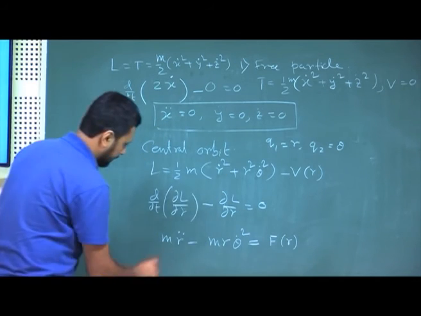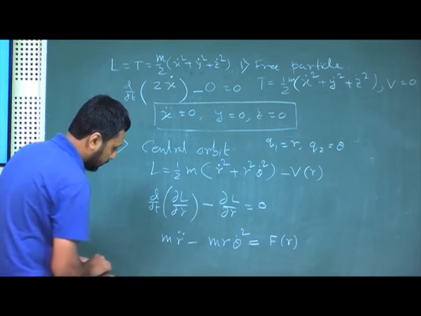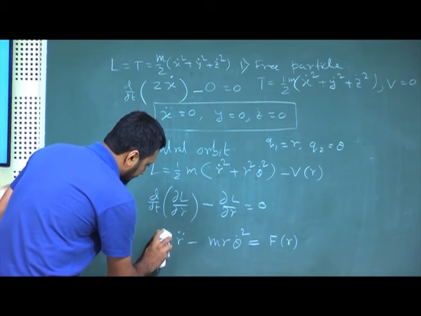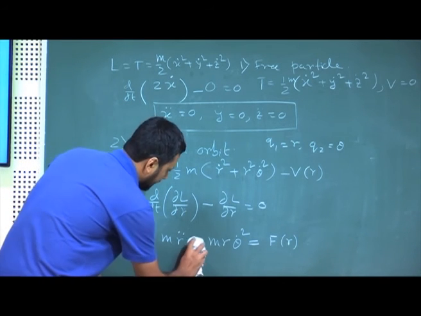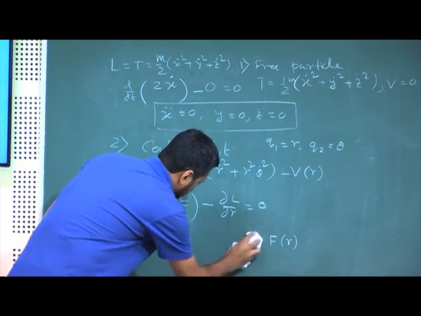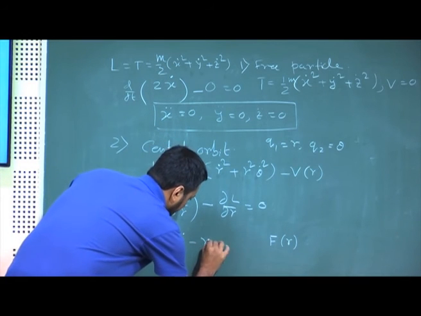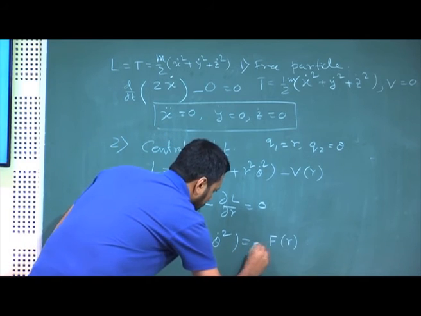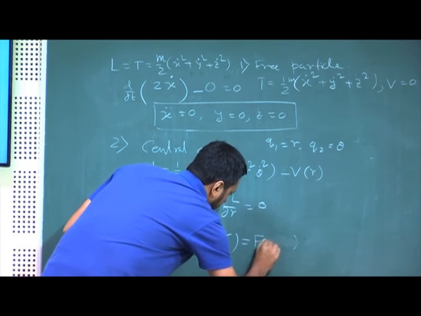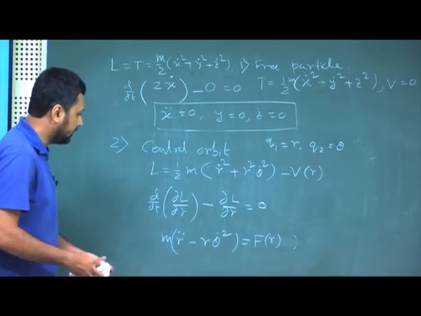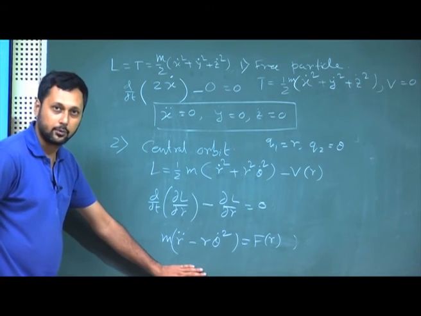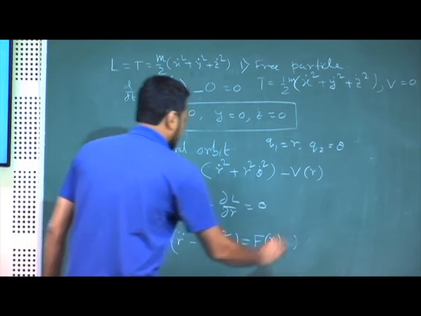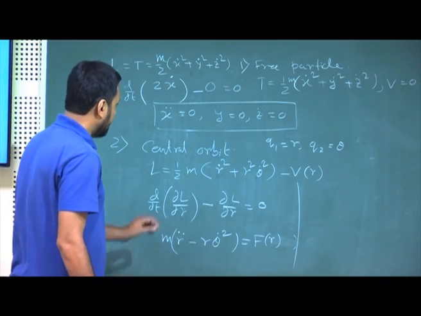So, I can take this on that side and put the equal sign here, which will give you m r double dot. M goes out, we can take m common. So, it will be r double dot minus r theta dot square equal to f of r, and this is the standard equation for central orbit, we all know. That was for r. For the second equation, theta,